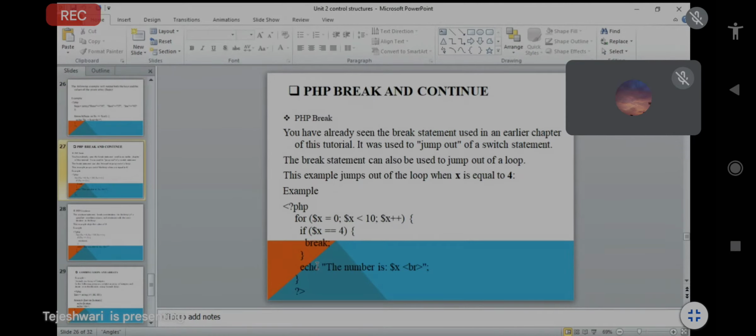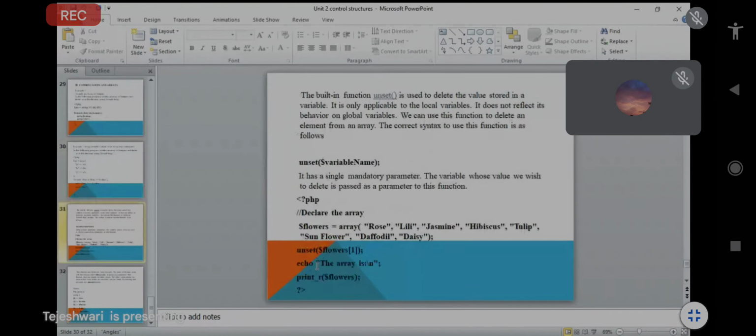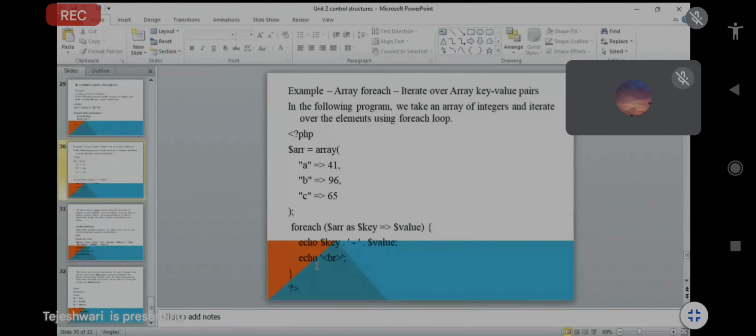But if you see this one, $array is equal to array, so again we declare one variable and in that we pass one array. In that array we take a key, meaning we pass a string of characters, and then equal to, and for the value we take an integer value.